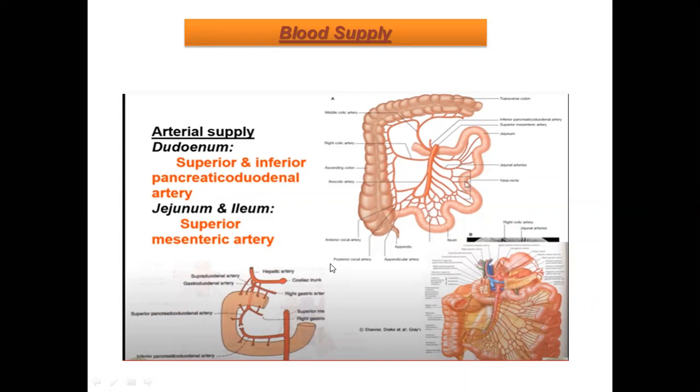Now you can see here very clearly all the branches are mentioned. This curved part you can see is the jejunum. And then the jejunum converts into ileum when it comes here. How did I recognize this? Because you can see the vessel arcade. The arcade has a wide surface area in the case of the ileum, but a smaller surface area in the case of the jejunum. That is how I identified it, and you will also have to do the same thing.